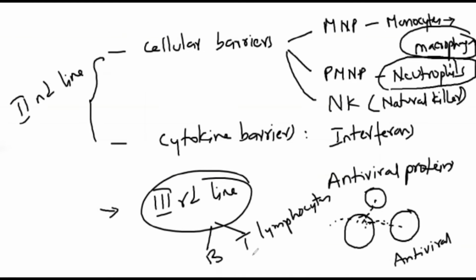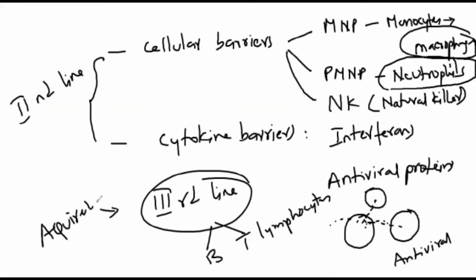Now, B and T lymphocytes are involved in the third line of defense, and of course this is also called acquired immunity. So the first and second lines come under innate immunity, and the third line comes under acquired immunity. Now, before we go to acquired immunity,